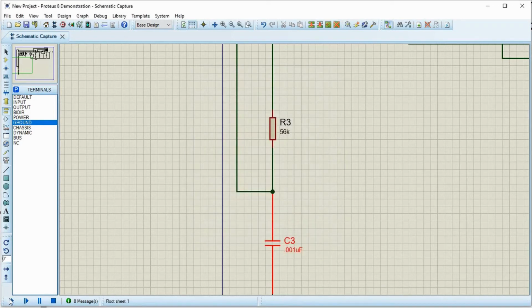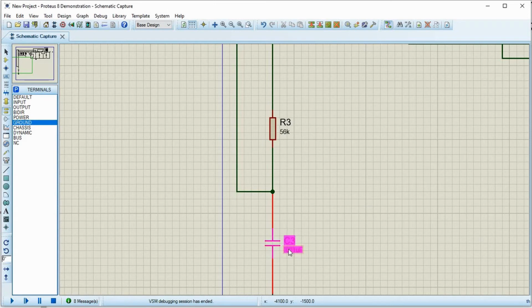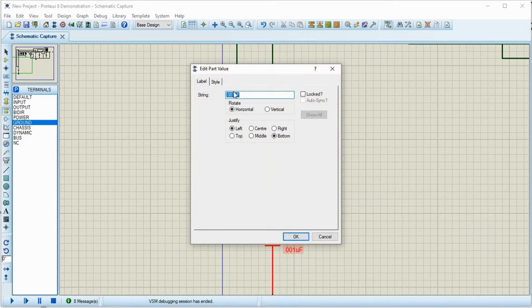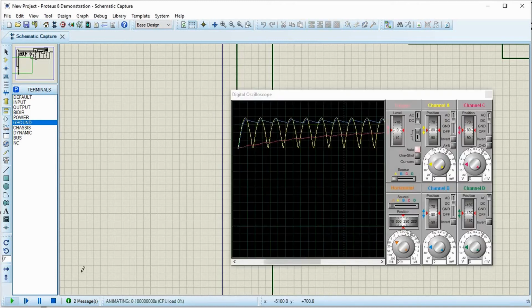So if you have a very low value of C, what will happen is you will have a ripple. So it's almost like following the rectifier output pin. So there will be too much ripple. So we will not be able to use a comparator to compare this voltage. So 5 times RC is a good value to go with. So if you see here, it came up instantly, like within a second or a fraction of a second.